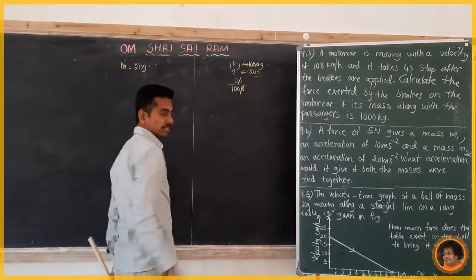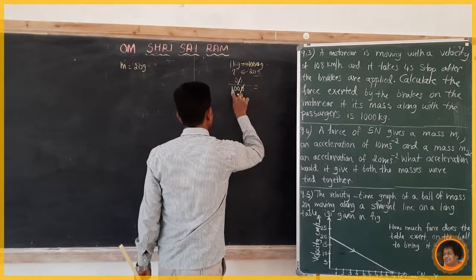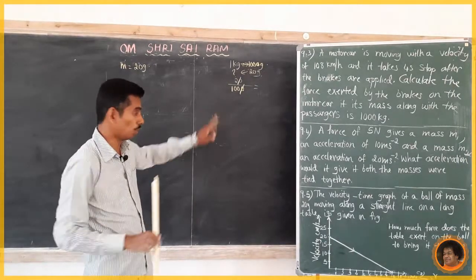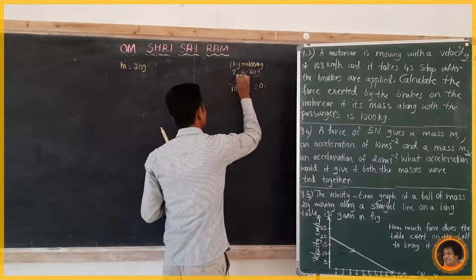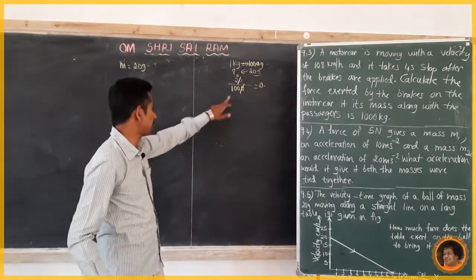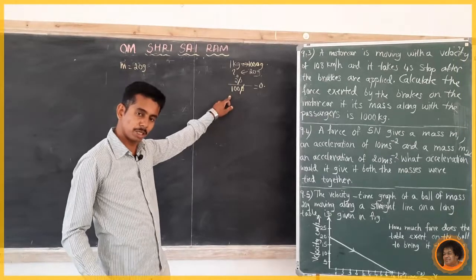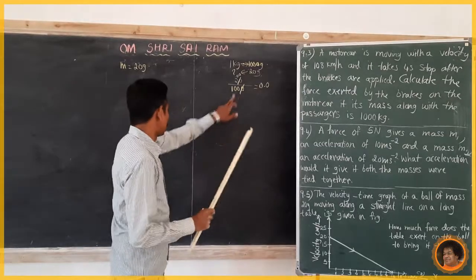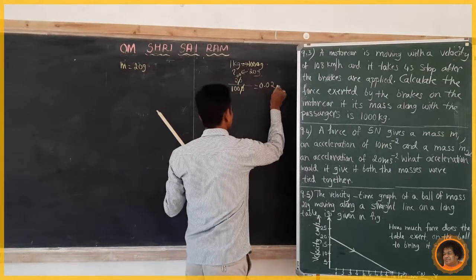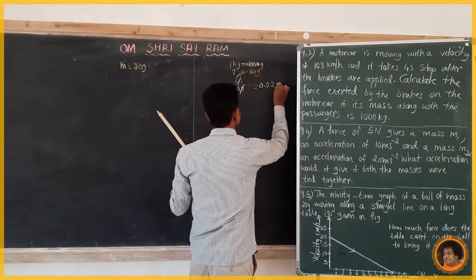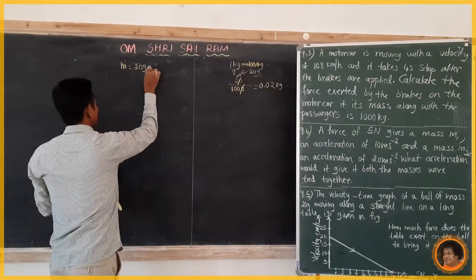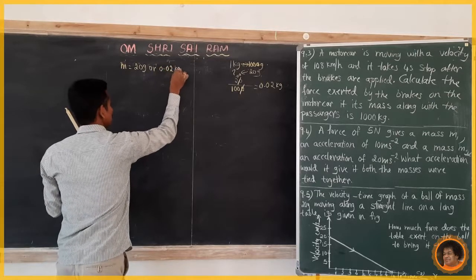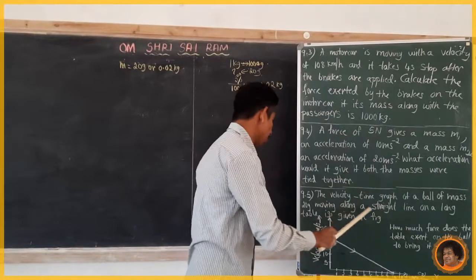So the zeros cancel. Does 100 divide 2? No. So put a point. Now it becomes 20, 20 divided by 100. Can 100 divide 20? No. So once again a 0, then it becomes 200. 100 twos are 200. So 0.02 kg. Now m equals 20 gram, or it is 0.02 kg.